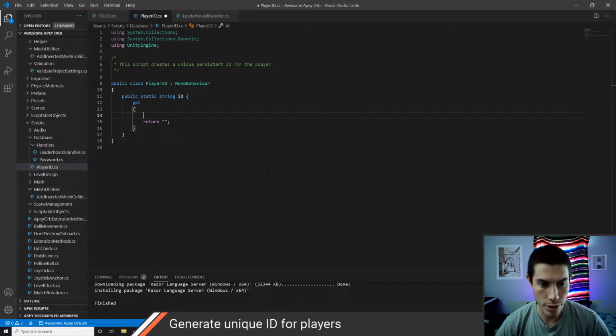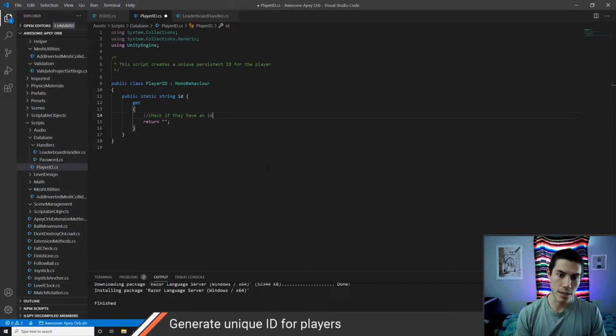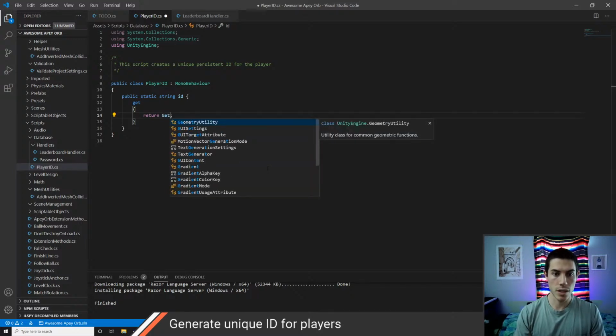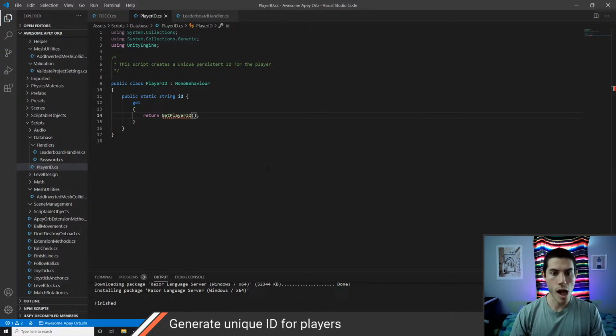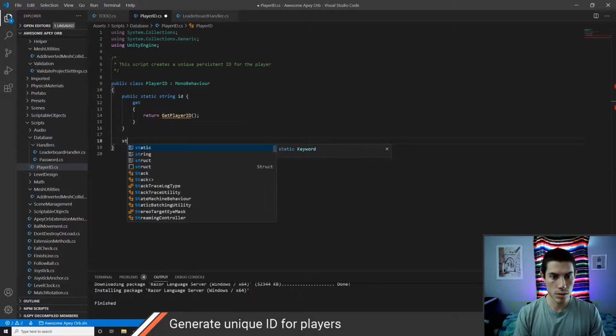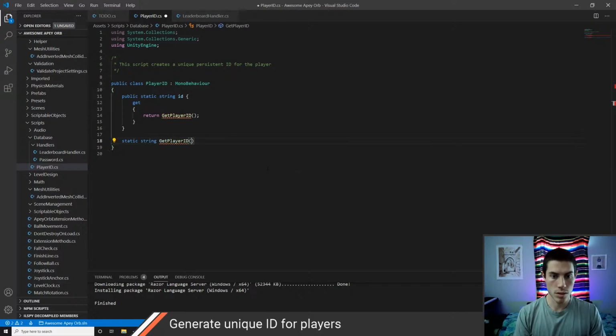So let's see. This is where it gets a little more complicated. We basically need to check if they have an ID. And let's do this. Static string get player ID. Okay, so here we will